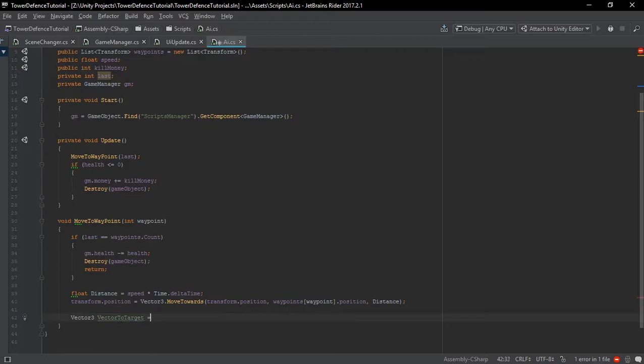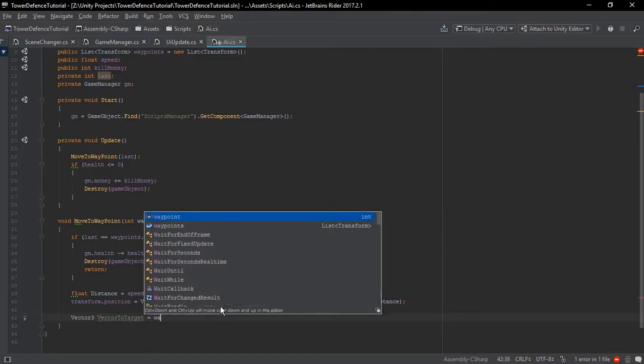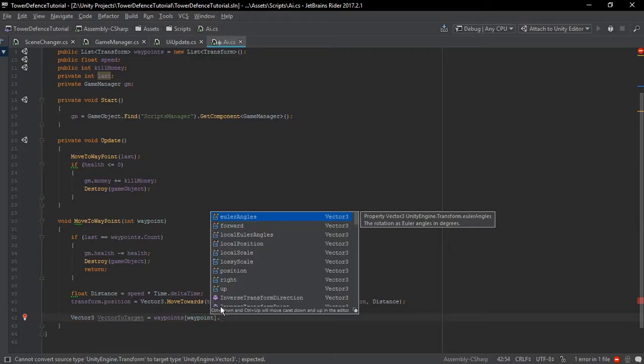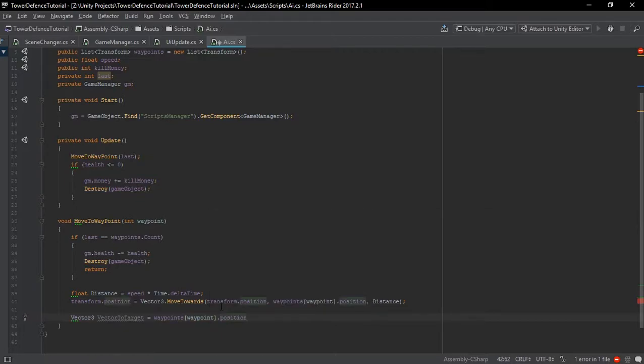So first, target is equal to waypoints, the one we're going to on the list. We need its position because it's got to be a Vector3, minus your position. And then now we want to work out that angle. From that we now need to work out what angle that is. So if that's like 10 degrees, 30 degrees, 100 degrees, whatever, we need to work that out. So that's a float angle